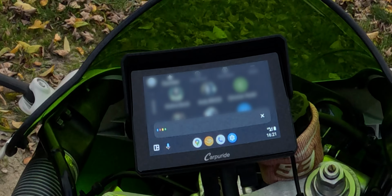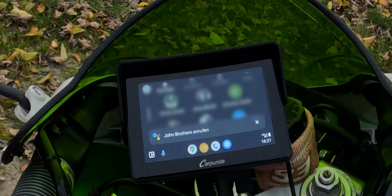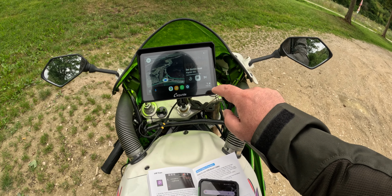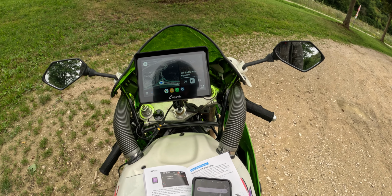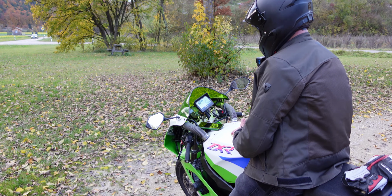Just a brief overview. You can start and answer phone calls, be notified of WhatsApp messages, and have them read aloud. You can use Spotify and Audible, and the main function that I find the most ingenious, navigation with Google Maps. Hey Google,